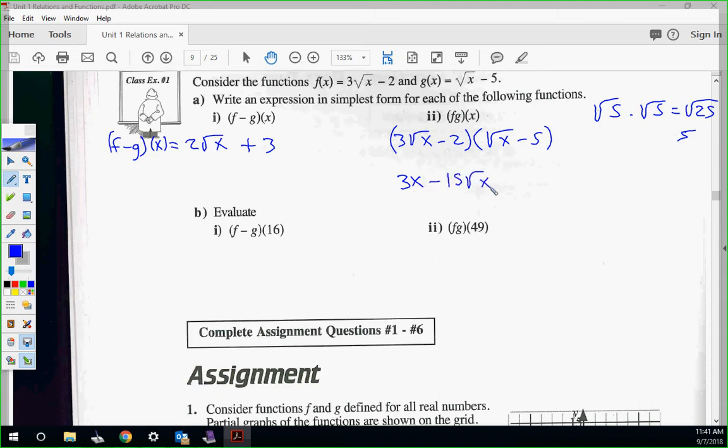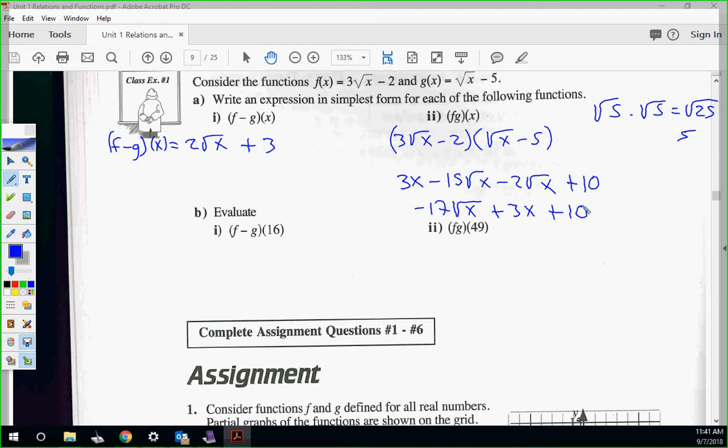3 root x times negative 5. Negative 2 times root x, and then negative 2 times negative 5. Now we just have to simplify. We have two terms. We have negative 17 root x. You can kind of see why they gave you the 49. See where the 49 is going? We're going to square root it. Plus 3x. Oh, no, sorry, we have three terms. Plus 10. Technically, I just put the radical in front just because it's the one I want to get rid of first,